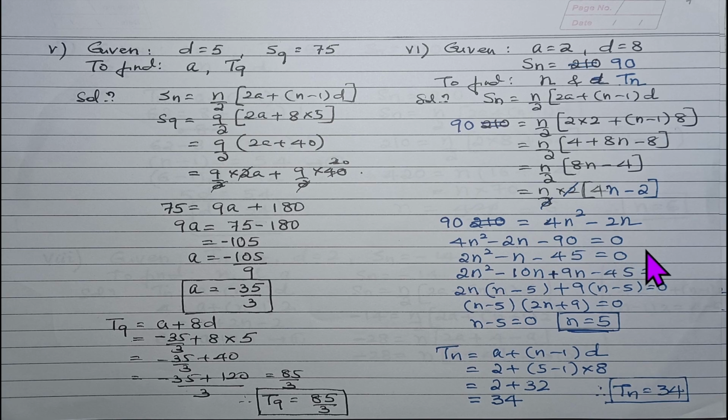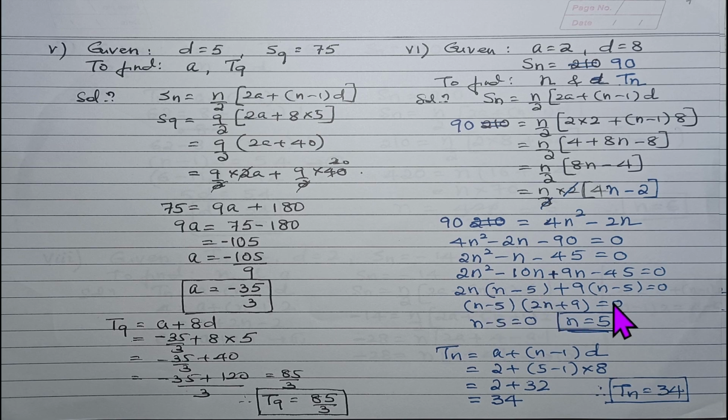So we have a quadratic equation, and we have to solve it, which we already know how to do. Go for the middle term splitting method, and if you have forgotten it, please learn it. By middle term splitting, I have split it as minus 10n plus 9n, because minus 10 plus 9 gives me minus 1n, and minus 10 into plus 9 gives me minus 90. That is how the splitting is done. After the splitting, group them, take the HCF and separate them to get two factors,